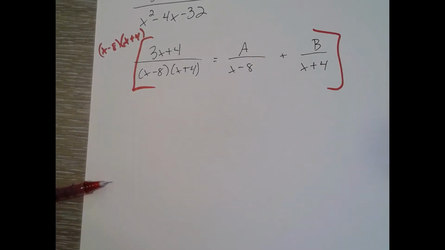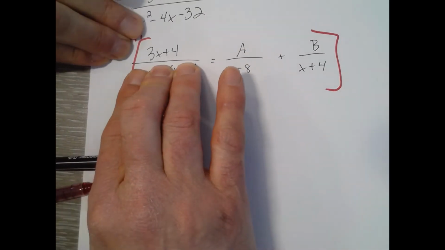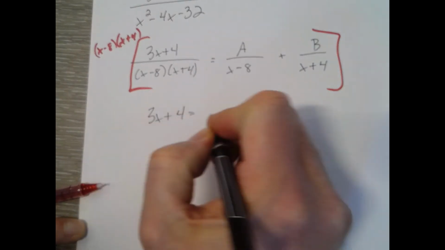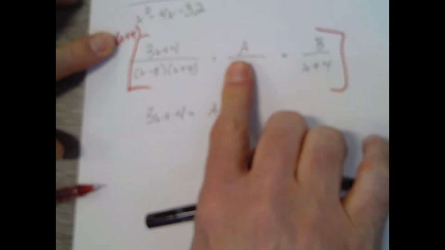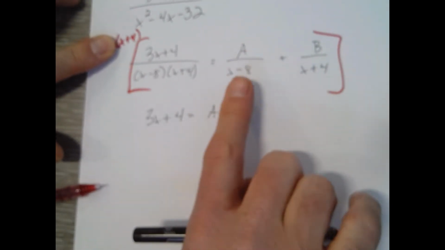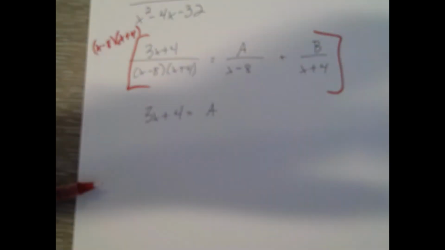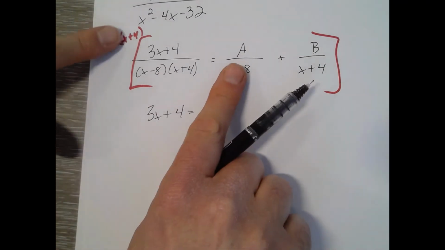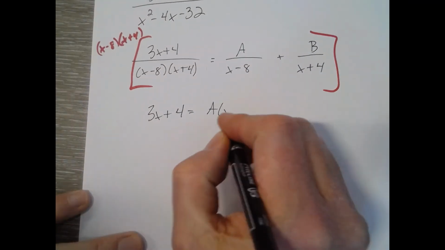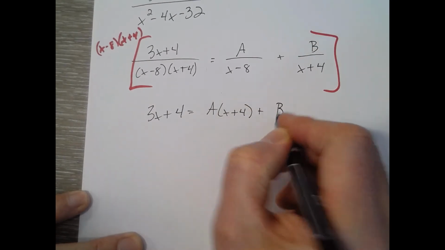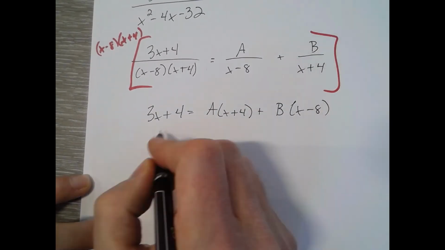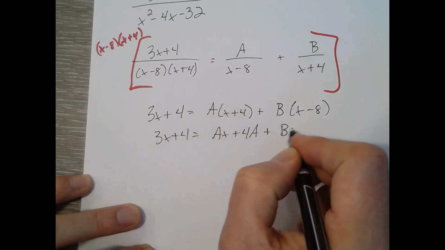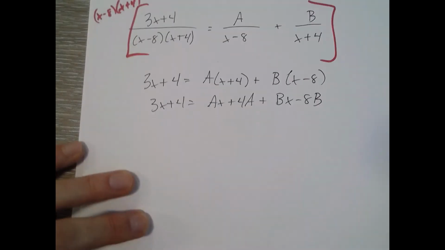So when we distribute, these will get divided out. It'll just be a 3x plus 4. And these x minus 8s will divide off, so it'll be a times (x plus 4). And then b times (x minus 8). So then we need to set up